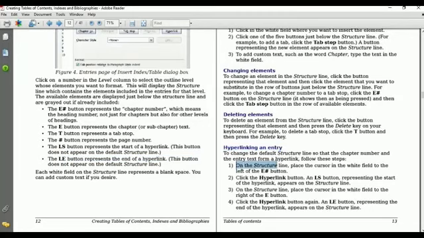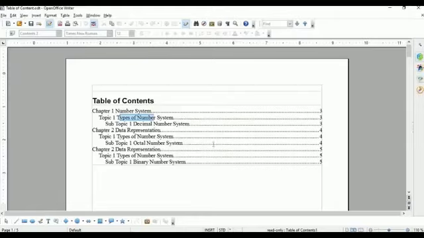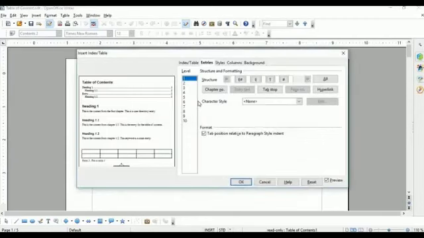Step number 1, on the structure line, place the cursor in the white field to the left of the E has button. Now right click where you want to apply this hyperlink, either level 1, level 2, or level 3, because in our document only 3 levels are given. I want to apply our hyperlink in level 2. So select level 2 first, then in the white space area, place your cursor here.